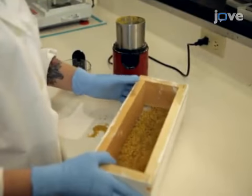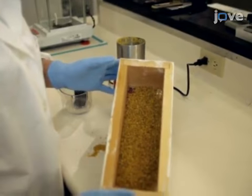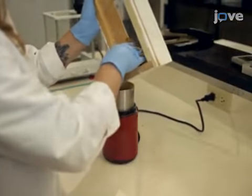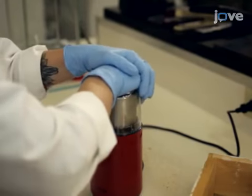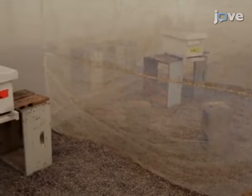To begin, after placing pollen traps on honeybee colonies, collect the pollen. Use a coffee grinder to grind the pollen into a fine powder. Establish 5 colonies each of African honeybees, or AHB, and European honeybees, or EHB, in an enclosed flight area, or